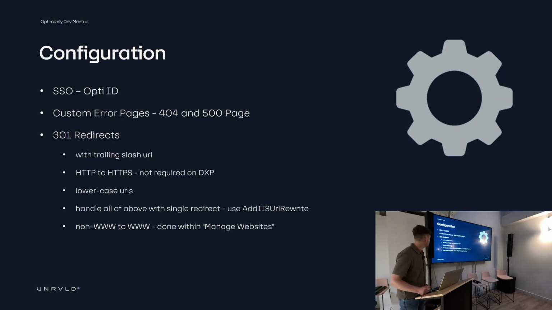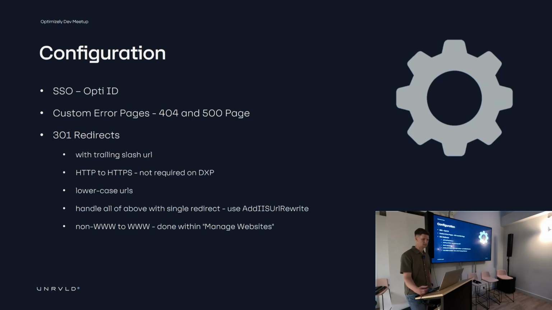In terms of configuration then, going down the SSO route, obviously Opti ID, configure that with Entra or Okta. Custom error pages: create and configure custom error pages for your 404, 500. For the server error page, typically we would implement that as the 500 page as a static page. Then there's some global redirects. So a few examples of redirects you might want to add here. We've got the trailing slash, we've got your lowercase URLs,